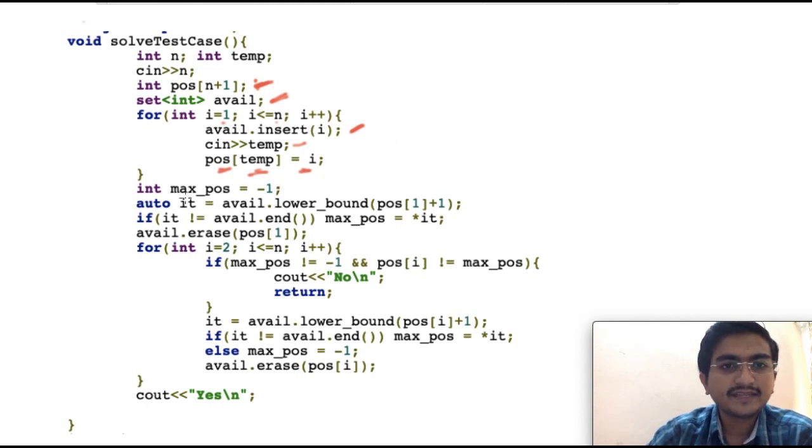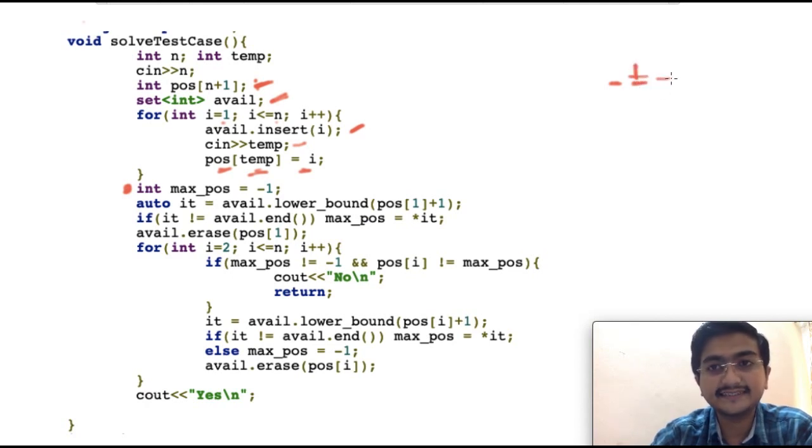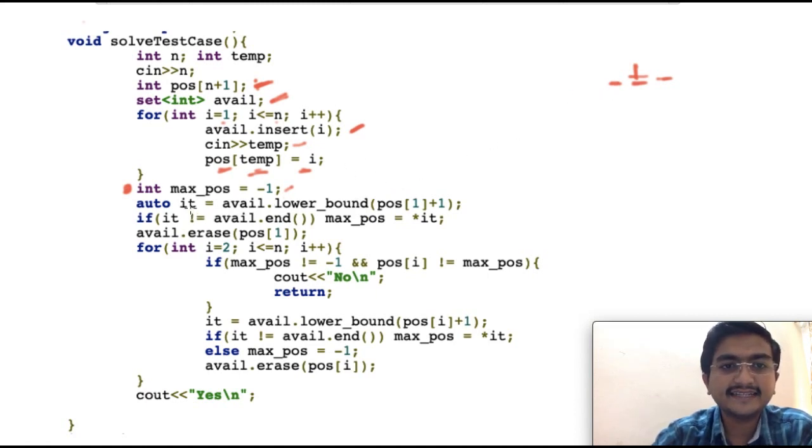And then max position is equal to -1. So basically, what is the position at which I should have inserted? That position is -1, because at present all are equiprobable. So I'm initializing max position as -1, and then I'm doing a lower bound on the set, which has log n lookup time.